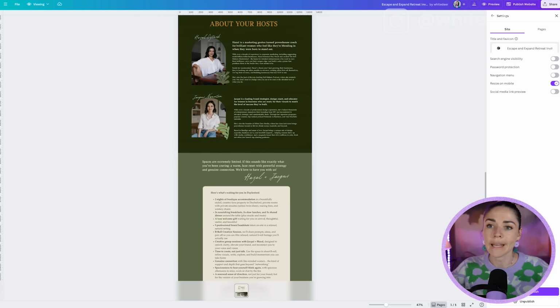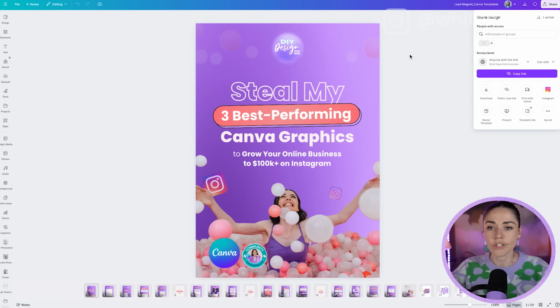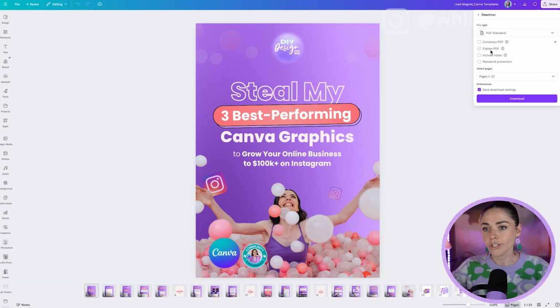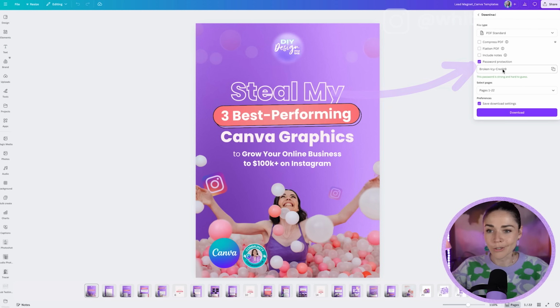Similarly for PDF designs, if I was to go to share, so I've just opened up a PDF I want to export, and I could press download. When I select a PDF here, I can choose to password protect it, and I can choose the password I want it to be. And now that PDF is password protected. So I think that's a great little feature that's just so simple, but really helpful if that's something you've been